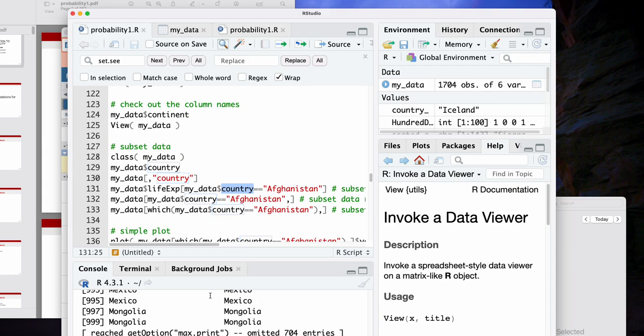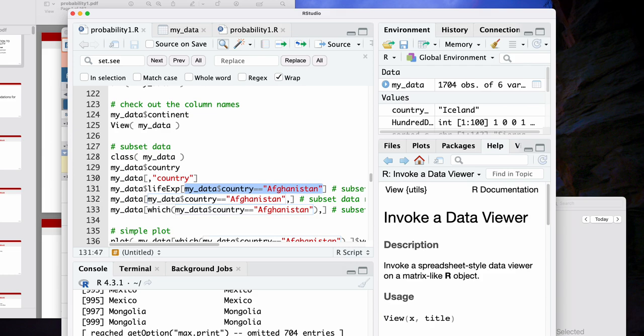and I'm writing on the board for those of you who are on the YouTube, and we've accessed the column. That column has the same number of entries as rows in the data set. So what we can do after we've accessed that column is ask ourselves, when are the entries in this column equal to Afghanistan? So this is what we're doing here. And Andres will show some different ways of doing this using the tidyverse. We're just using elementary logical operations to get some practice doing that, in addition to showing you other ways of